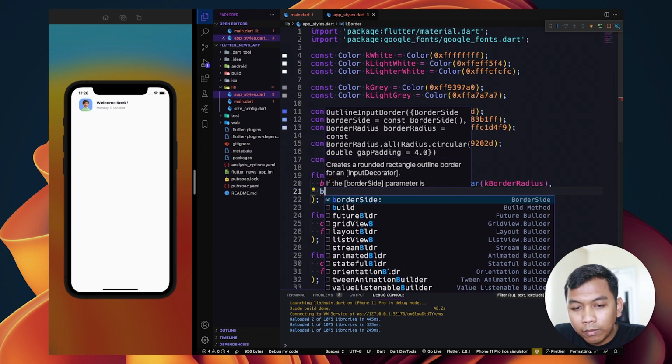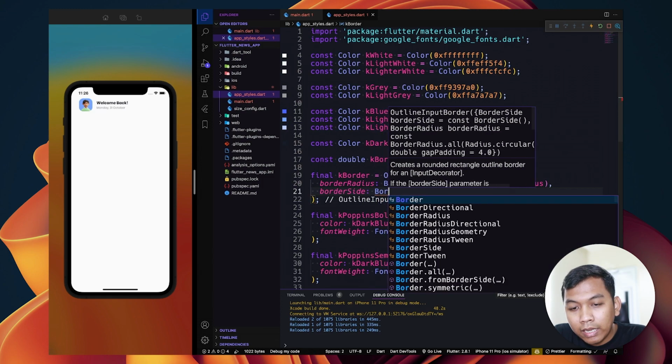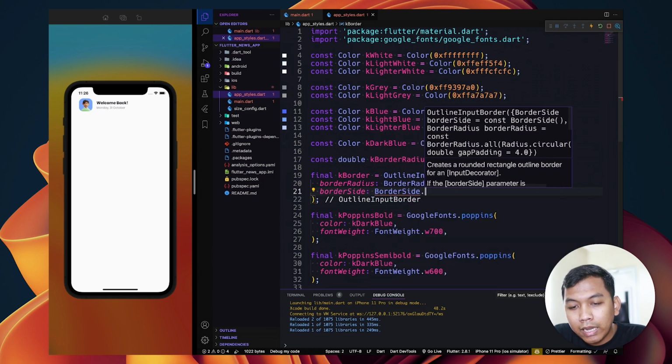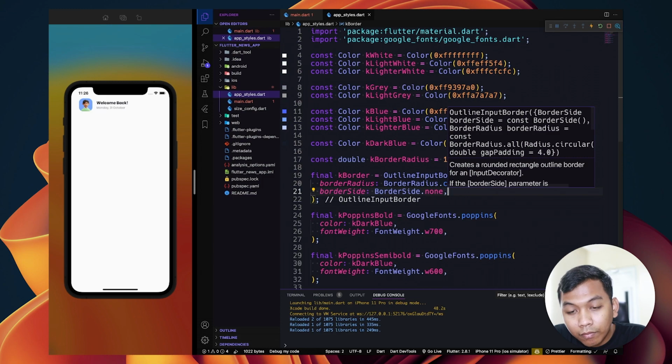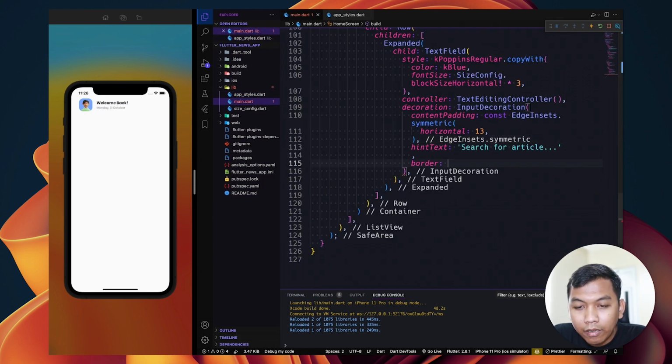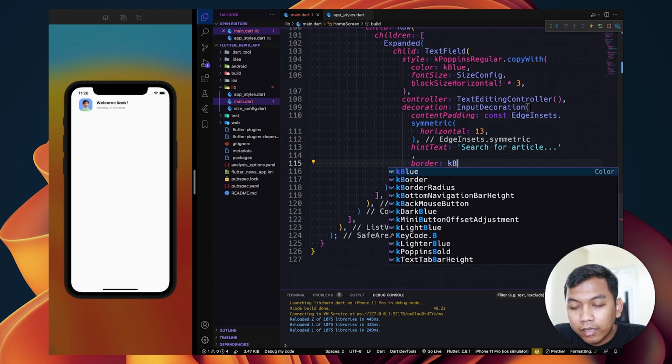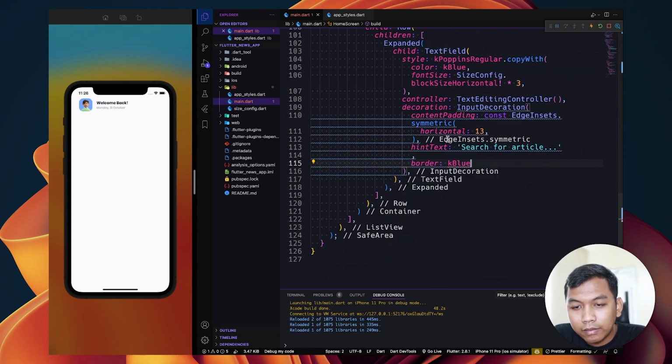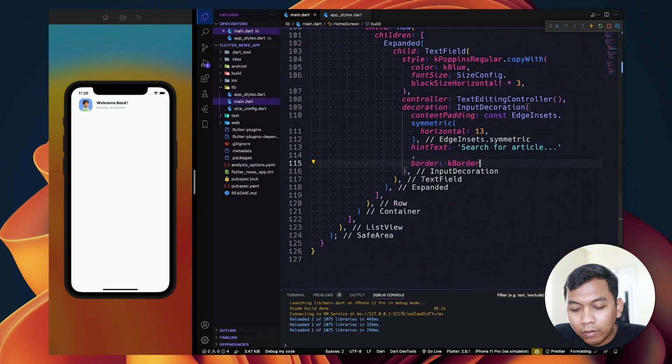And the next one is a border side. The border side should be border side dot none. And now we back to main, and here we say k border. Look like this.